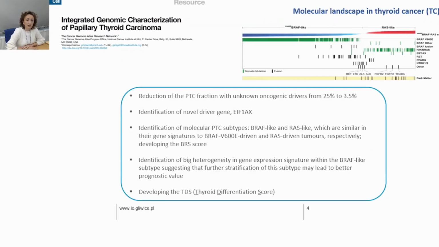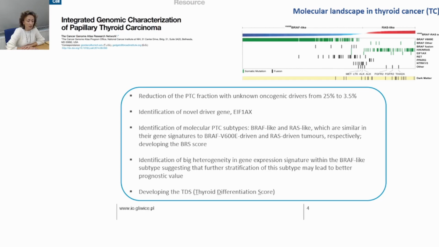Since the discovery of the oncogenic role of the BRAF V600E mutation in 2003, a number of novel molecular markers were identified in thyroid carcinomas. Although the total mutational burden of thyroid carcinomas is lower compared to most of the other cancer entities, we know that the genetic and molecular alterations are very important in thyroid cancers, and this was emphasized by the Cancer Genome Atlas project. In this study from 2013,